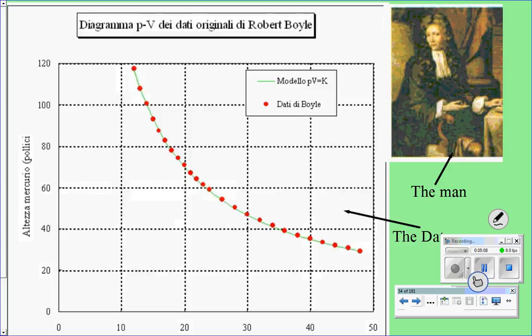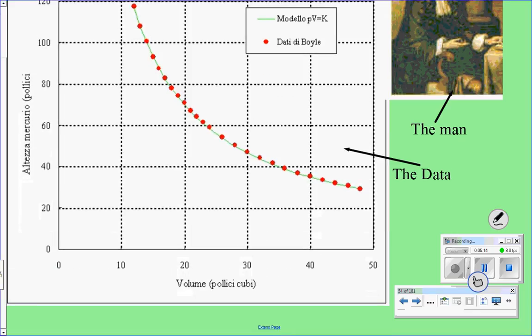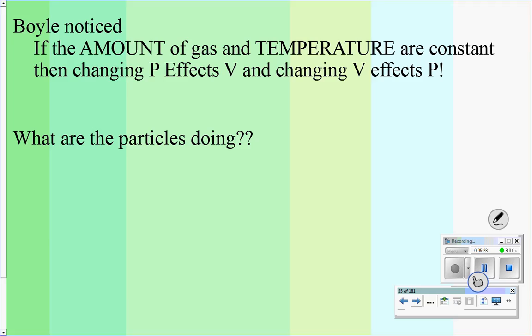So what they found, and this is some super real data, if they compared the volume of a sample of a gas to the pressure that that sample of gas is under. So this is pressure over here. That as you increase volume, pressure decreases. So if we think about this, and again, you have to hold the amount of gas constant here, and you have to hold the temperature of the gas sample constant here.